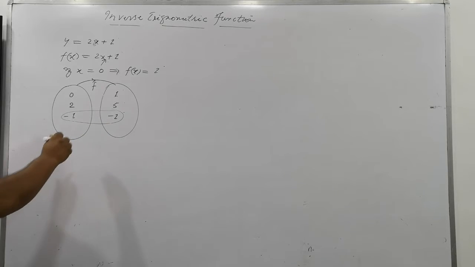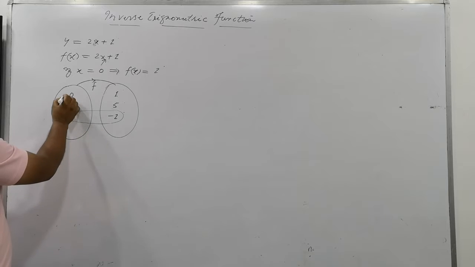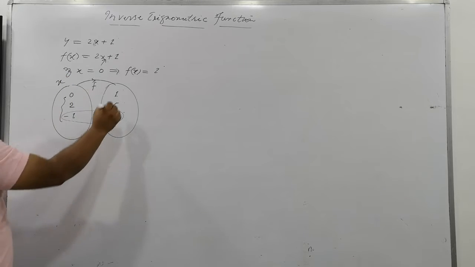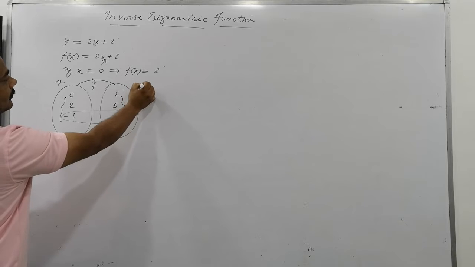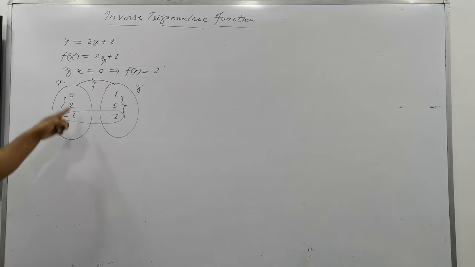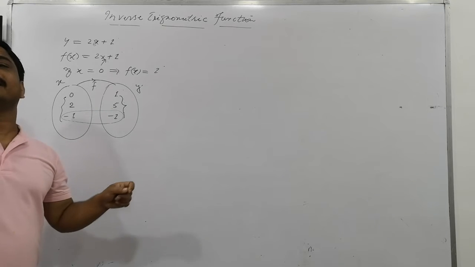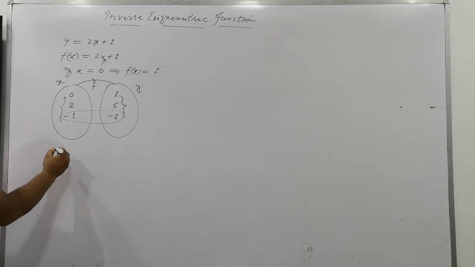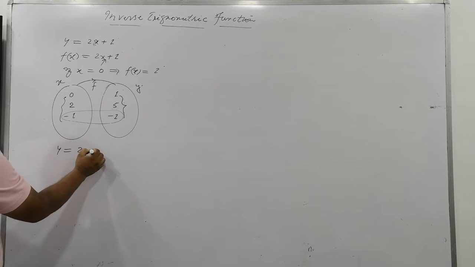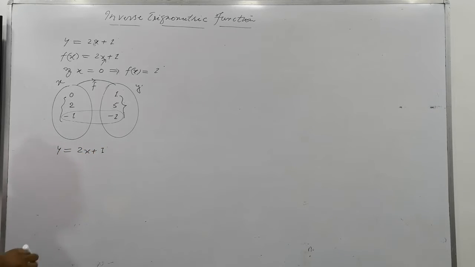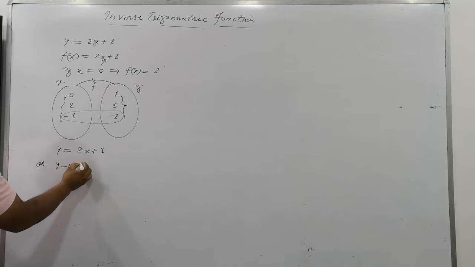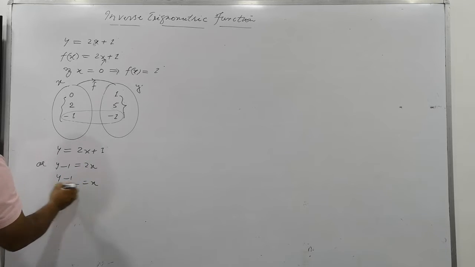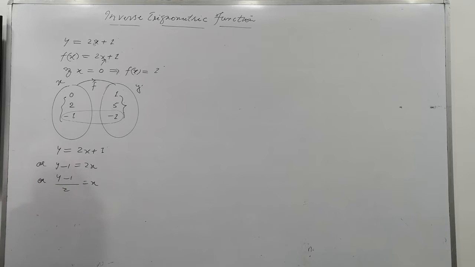Clear? There is a function. So all these values are x, and these values are f of x, or we can also say y. The domain is represented as x, and there are ranges. Range is the image set. The set of images is called range. Is that clear now? So here y is equal to 2x plus 1. Is that clear? So now I am making another function. I transfer the 1, so y minus 1 divided by 2 is equal to x. This concept is called the philosophy of inverse function.